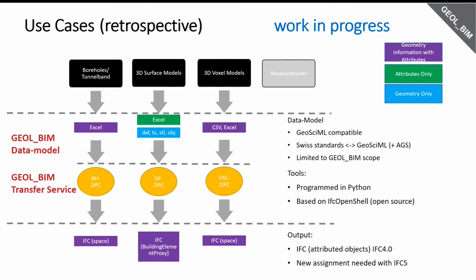And we've implemented, or we've tried to implement it using the use cases of the advisory group members, where we've paired up suppliers and requesters of geological data. And we could come up with 3 kinds of modules so far. The first one is boreholes / tunnel axis, tunnel band information. Then 3D surface models of both the closed and open surfaces, and then 3D voxel models. And